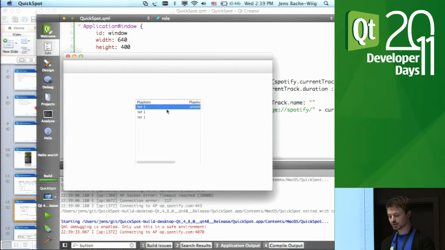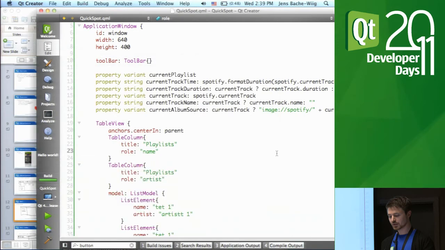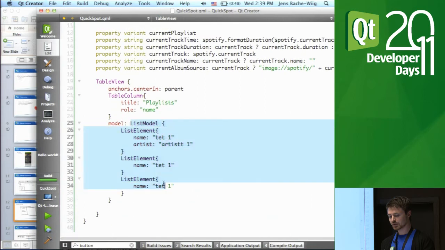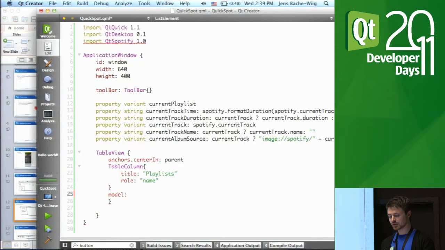And there you can see it actually shows up like that. So let me extend this a bit further. I only want playlists in the left view, and I want to use a C++ model here. So the C++ model is going to be bound if Spotify